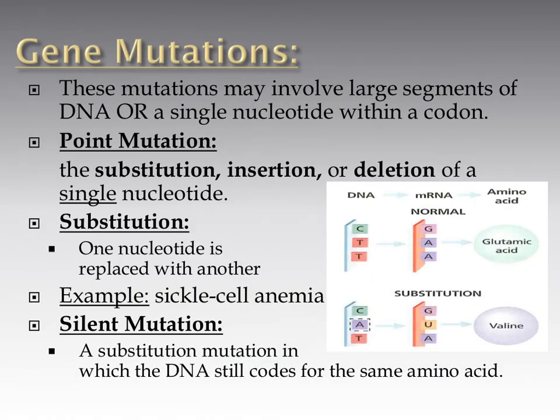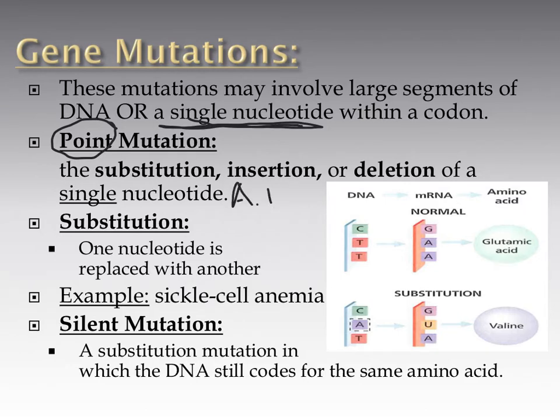Gene mutations. These are the ones we're going to focus more on. A gene mutation, like I said before, could be as small as a single nucleotide, or it could be a large segment, but we're not talking about the entire chromosome. We're just talking about it on the base pair level, those A's, T's, C's, and G's, and what happens. Okay? A point mutation, to start with, a point is what it sounds like. It's a single point. So you're talking about a single base pair, a single nucleotide,